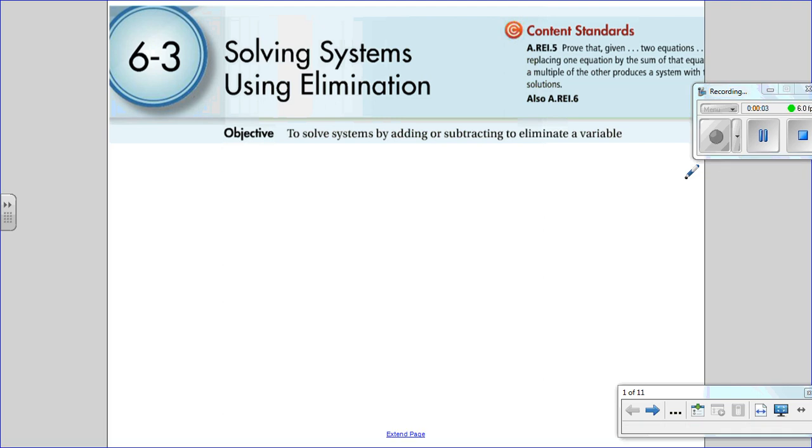This is Chapter 6, Section 3. This is solving systems using elimination. So this is just another way of solving a system of equations. Before it was graphing, and now we're moving on to adding or subtracting to eliminate variables and then solve the